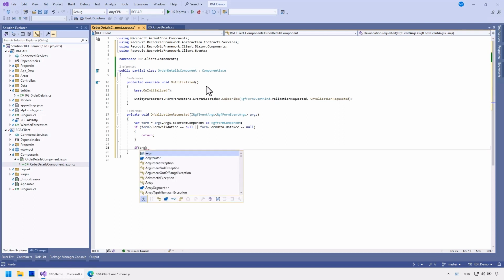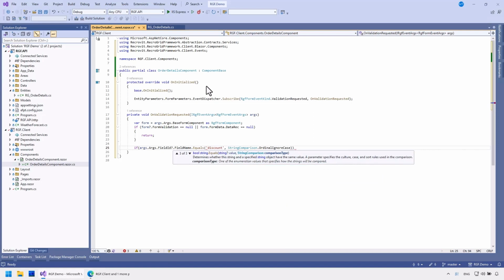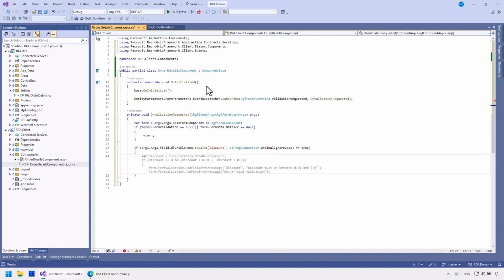I'll only execute the validation when the currently examined field is the discount. I'll retrieve the value of the field from the record.